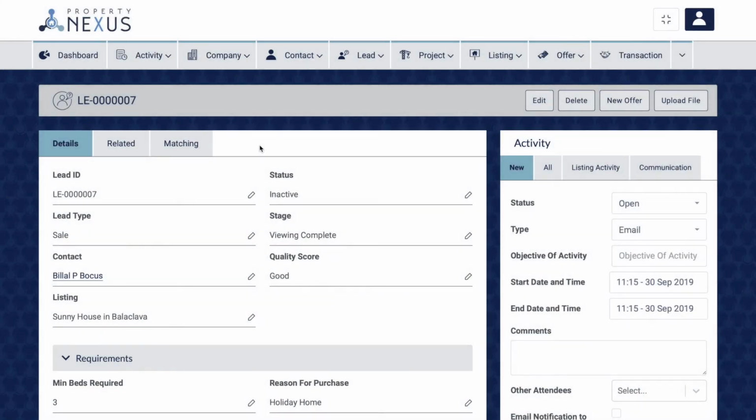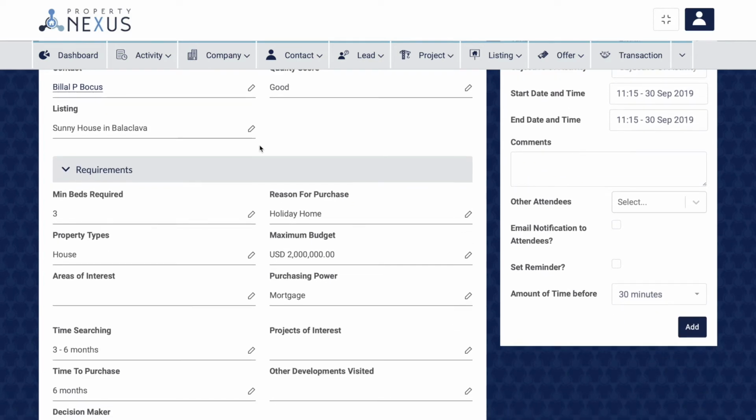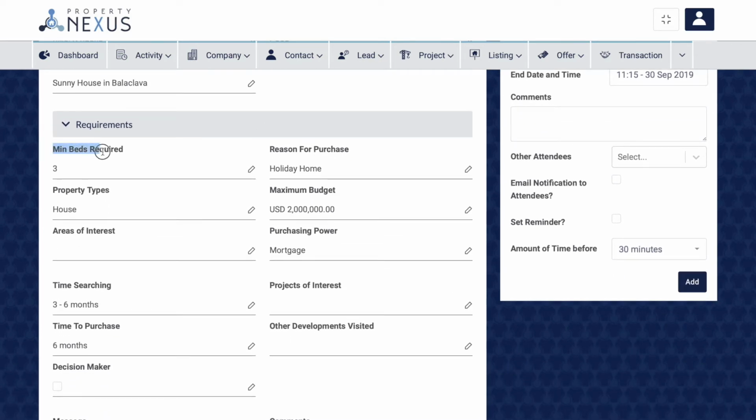The lead to listing matching functionality will save you a lot of time in matching your leads to available listings that either you or other members of your team have. Make sure that you have filled in as many fields in the lead as possible, and especially the minimum beds required, property types, area of interest, and maximum budget fields, as these will be the fields that match the listing